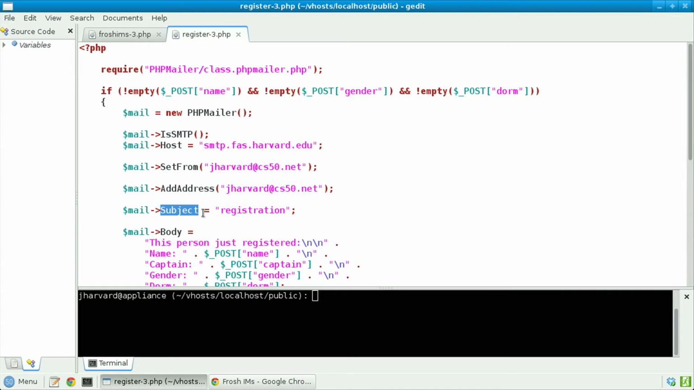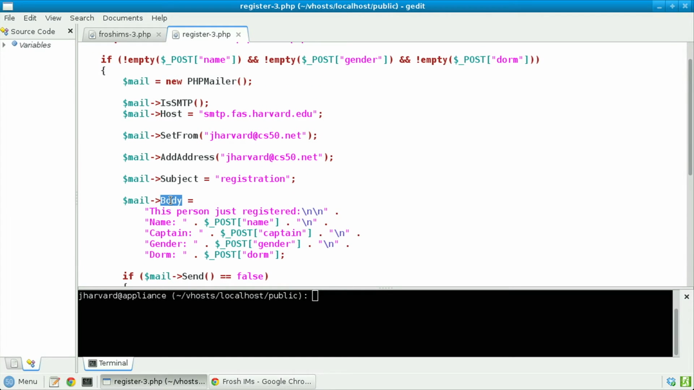And let's then set the subject of this email to registration. Lastly, let's set the body of this email to be the following string. This person just registered. Name, such and such. Captain, such and such. Gender, such and such. Dorm, such and such. Notice that this string extends onto multiple lines, but I've concatenated them together using PHP's dot